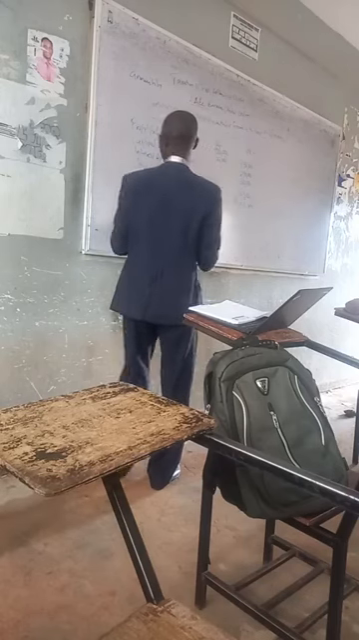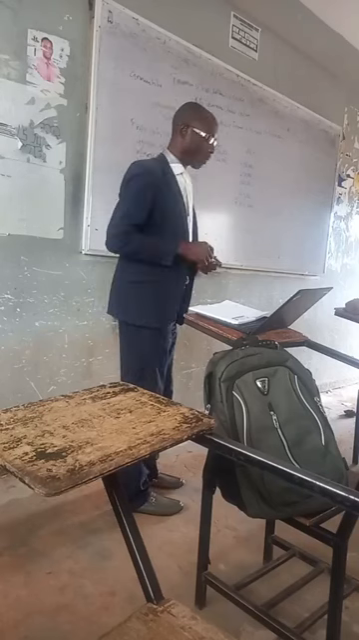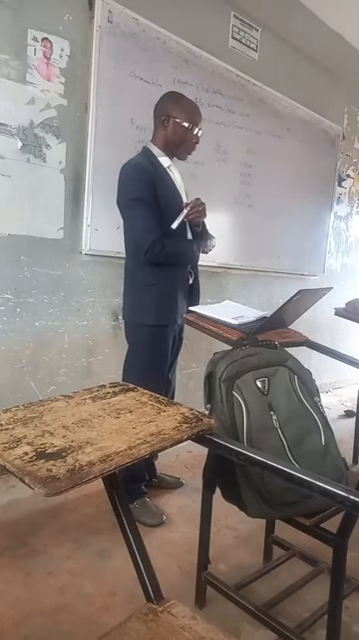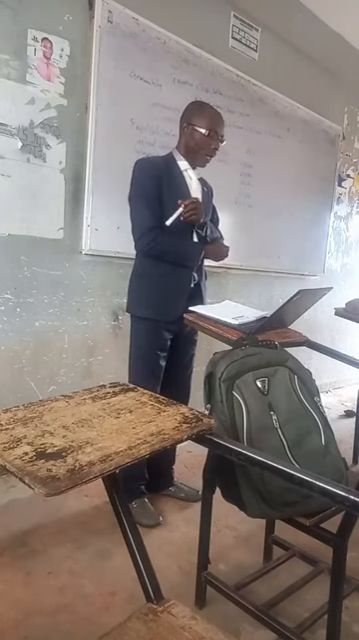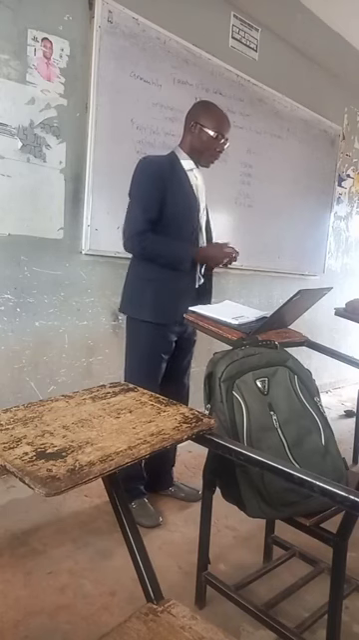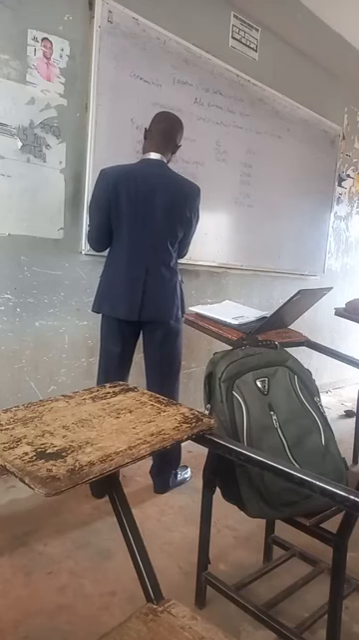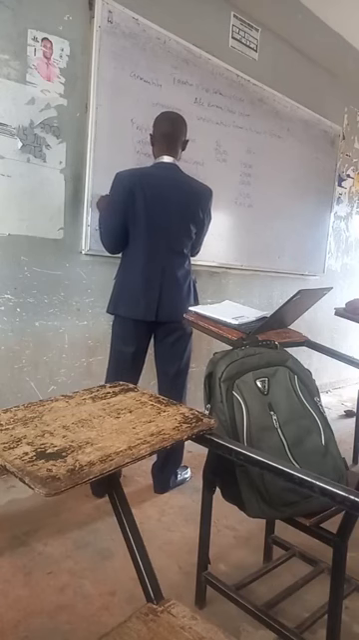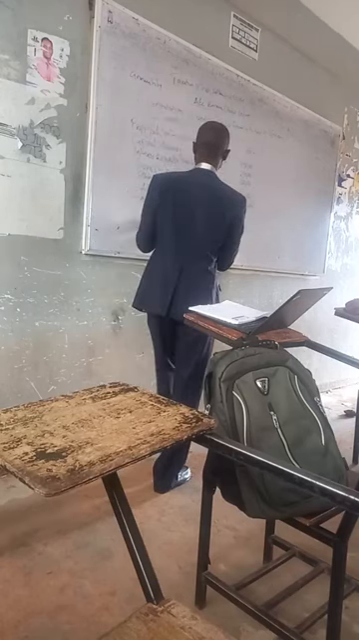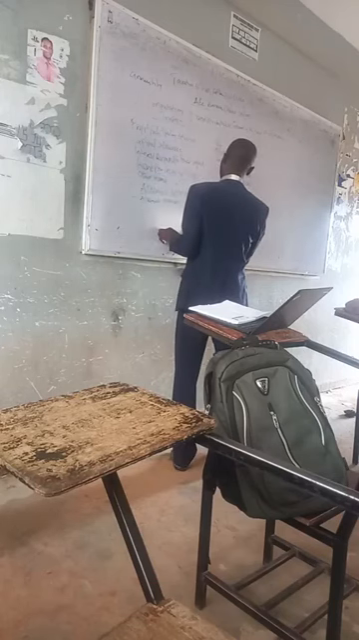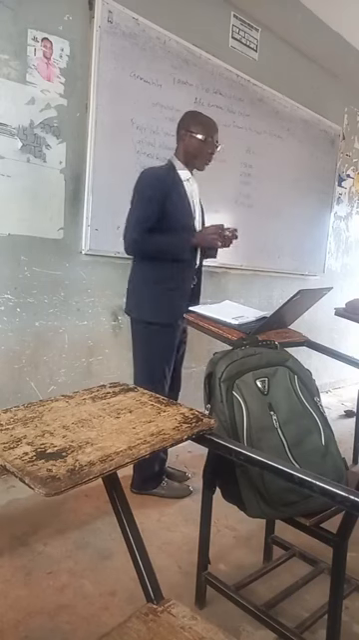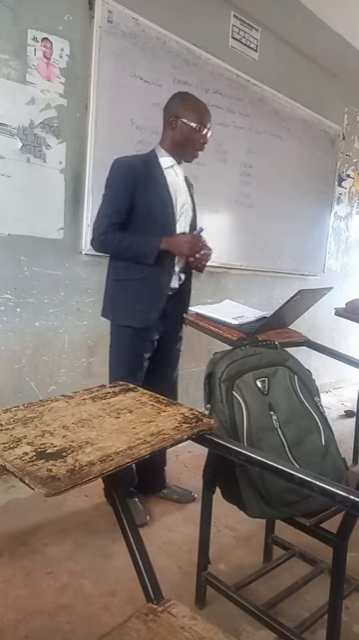Now, what are the allowable expenses? Check it in your questions. Yes, 25,000. Allowable expenses. You write it. Check your question very well. Allowable expenses is what? 25,000. Right? Now, check the question again. You will see